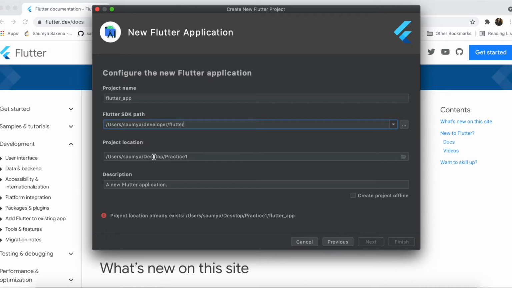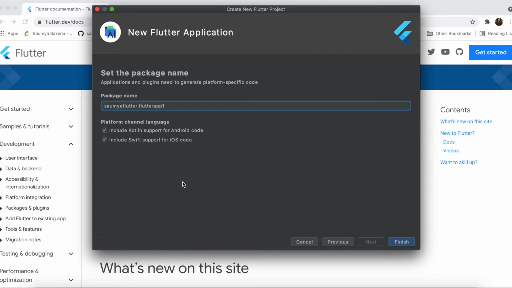Mine will be the desktop, and this is the description. This already exists in this directory, so I'll just create a different name and this package name. And in platform channel languages, for Android you use Kotlin, and for iOS we use Swift. So you just tick these things and click on finish.